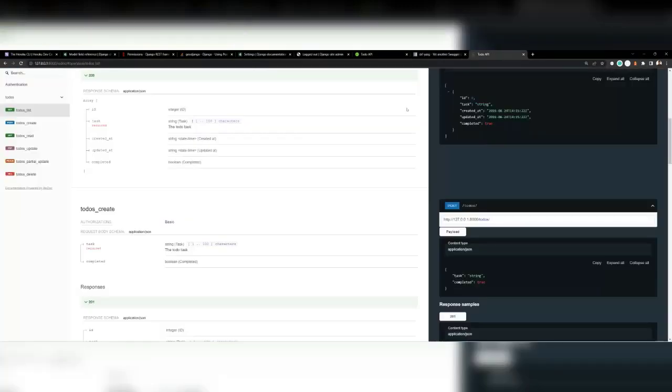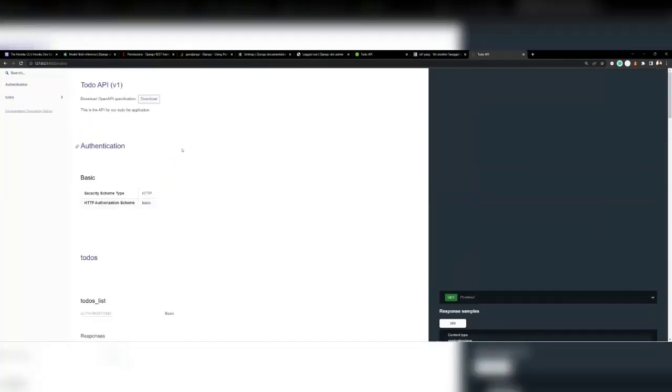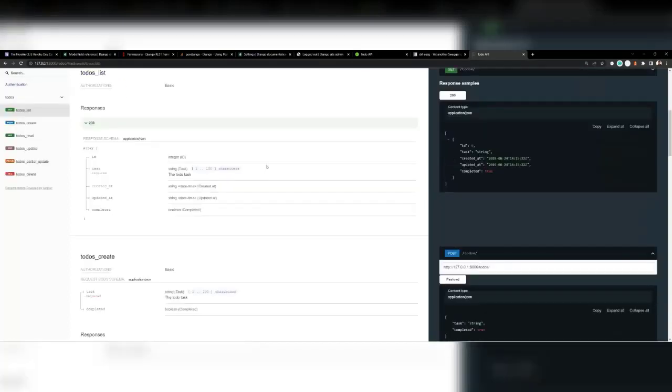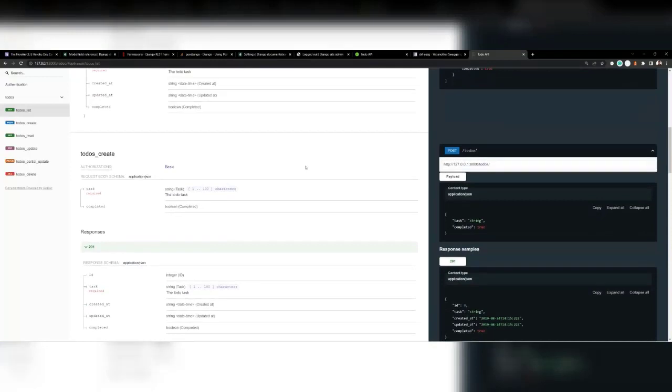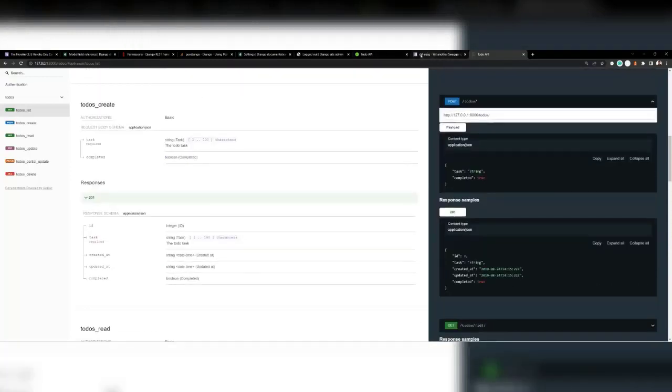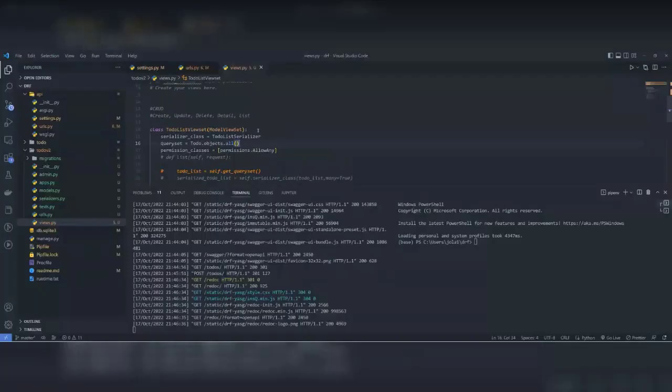So this is what you send to your front end guy: I'm done with the API, take this documentation, and then the guy will start implementing and integrating it into the application. So this library is very, very handy. And you can see, in a few seconds it created documentation for our to-do application. And actually, what is powering this under the hood is